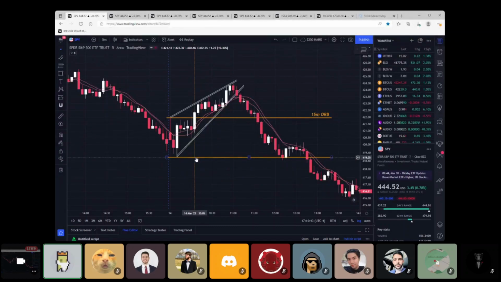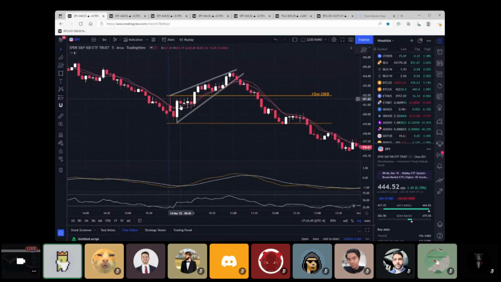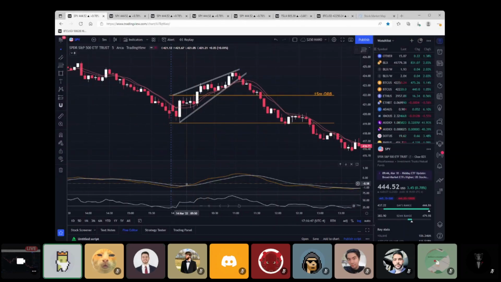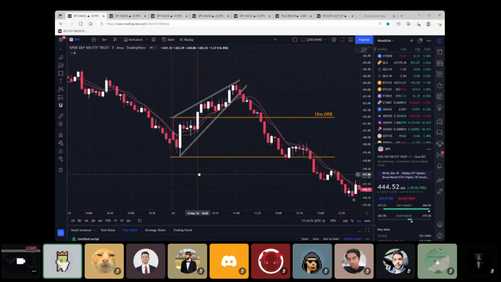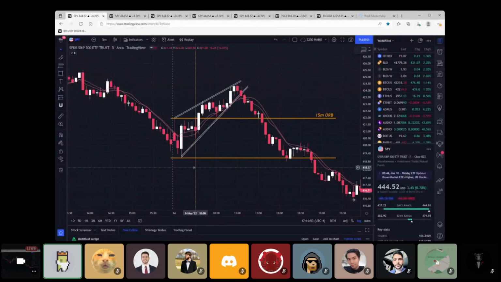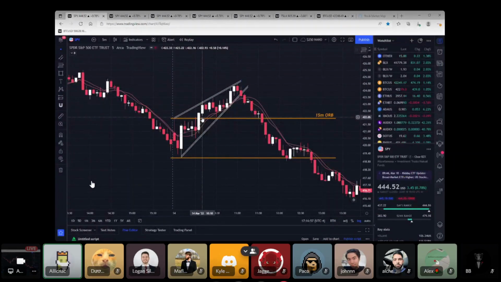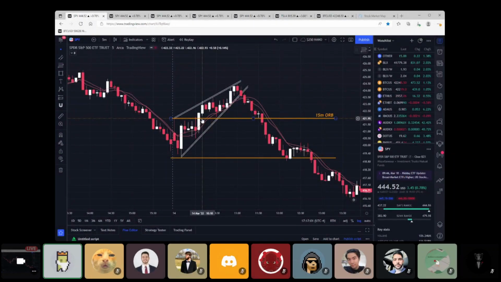And we did open up the day. We maintained, chopping around between our open range, and we saw a bullish 5-minute MACD cross, right? And our RSI was on the lower side, so this could potentially set up for a nice run to the upside. Obviously, we did end up running to the upside quite aggressively in the morning, and this could have provided an entry if you were just to go long right at the 15-minute ORB,